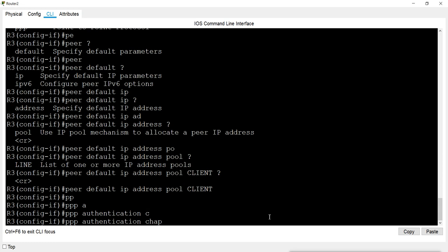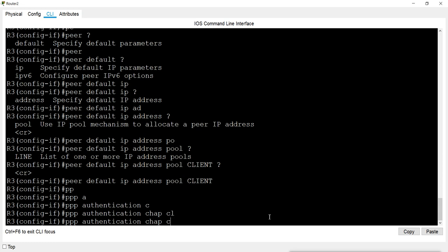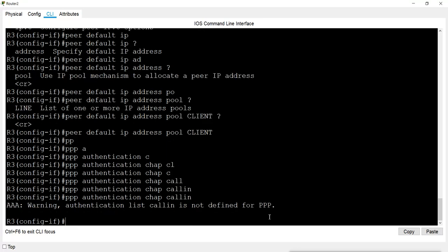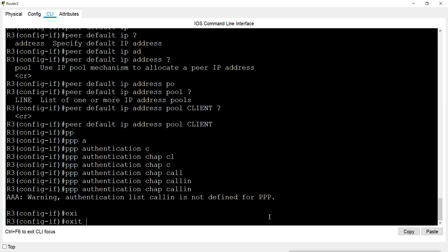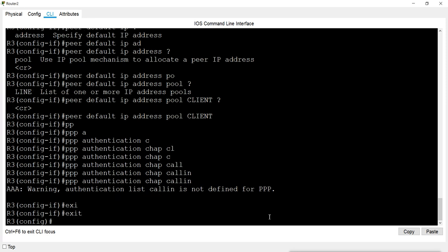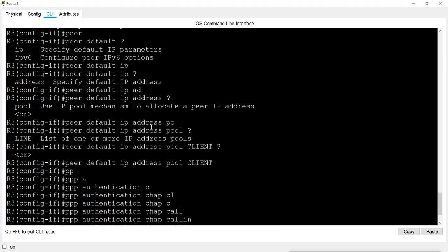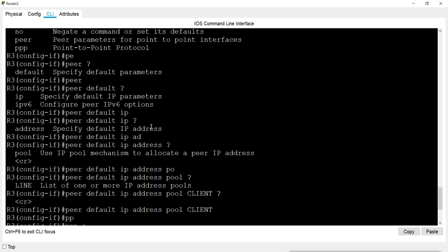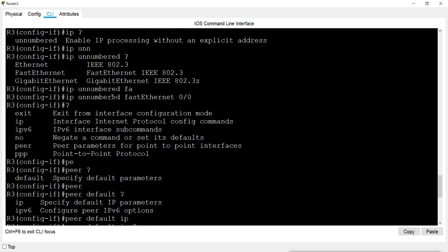Authentication. Now after this we have to configure the interface, which interface we have mentioned here in this virtual template command. So the interface we mention is this FastEthernet 0/0.